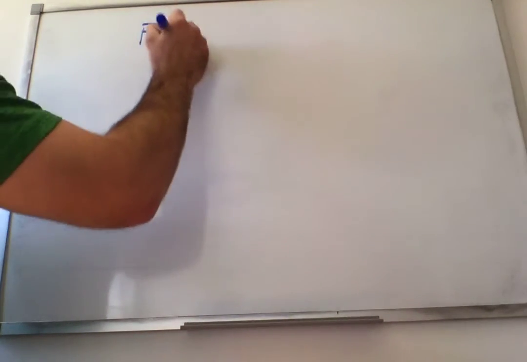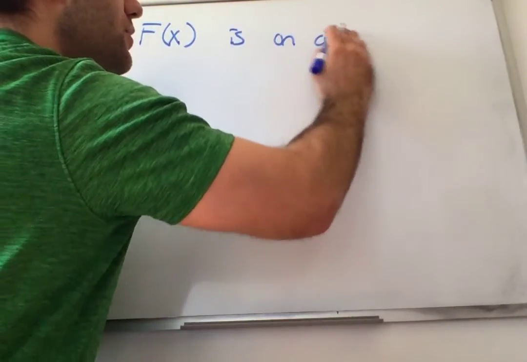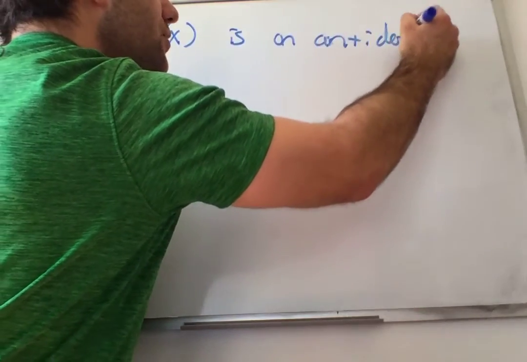So if we read that first definition, it says a function big F is called an antiderivative of little f on an interval I, so whatever interval I we have, if big F prime of x is equal to little f of x for all x in I, so all the x's in your interval. So what this is saying is big F of x is an antiderivative